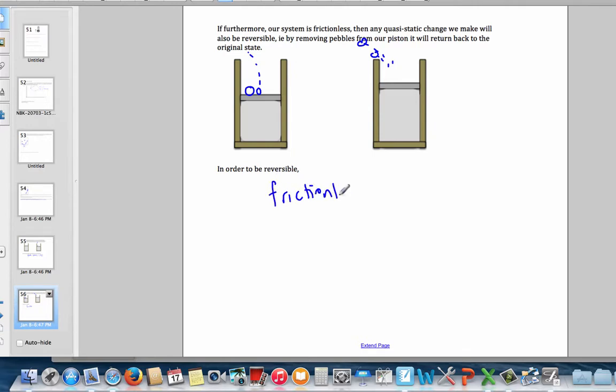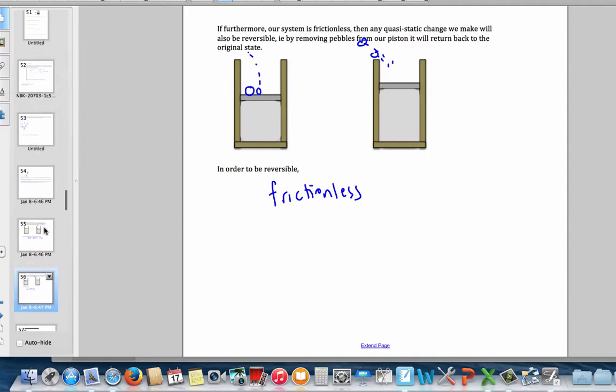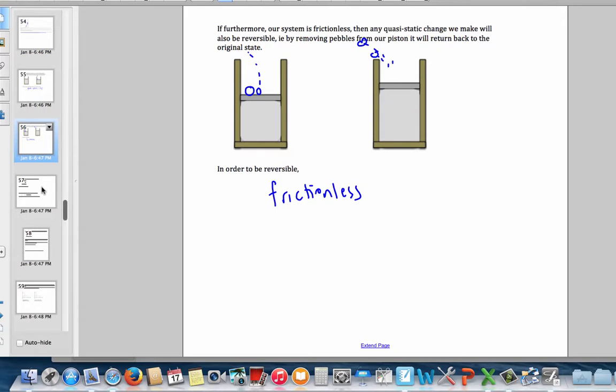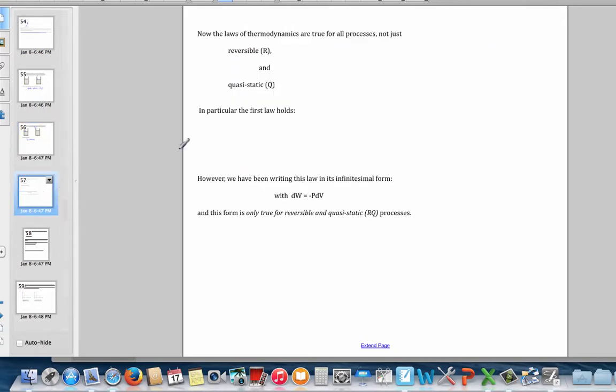Now, clearly, we're dealing with an idealization here, because frictionless doesn't ever happen. And quasi-static isn't very practical. It wouldn't make a very good car engine if everything had to happen quasi-statically. But, sort of like frictionless surfaces in elementary mechanics, these are useful idealizations that enable us to get some first-order approximations. Now, of course, the laws of thermodynamics are true for all processes,